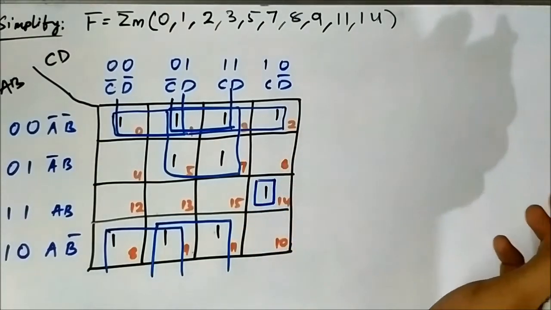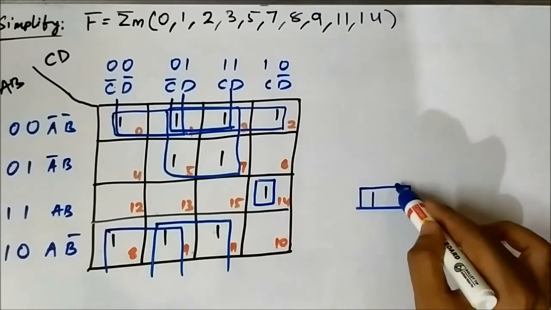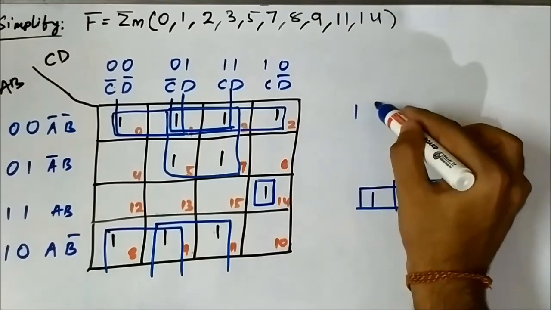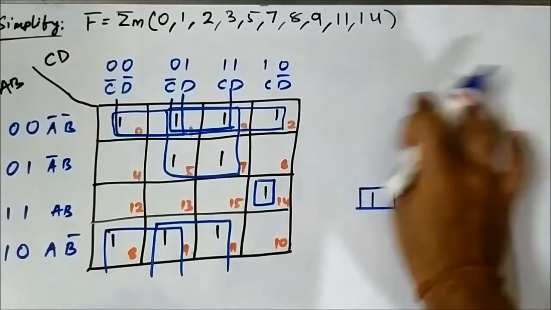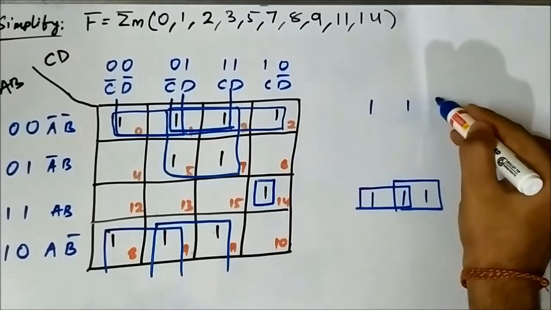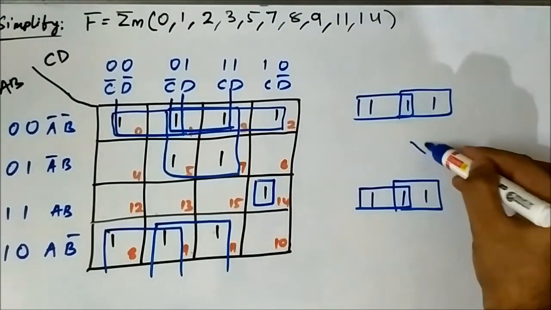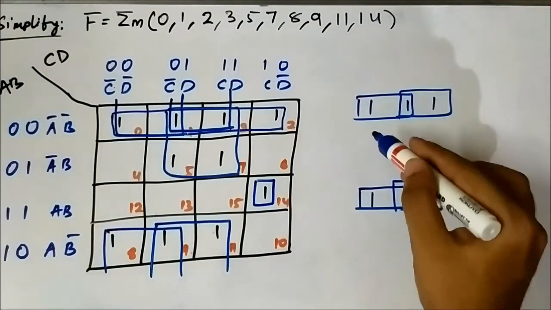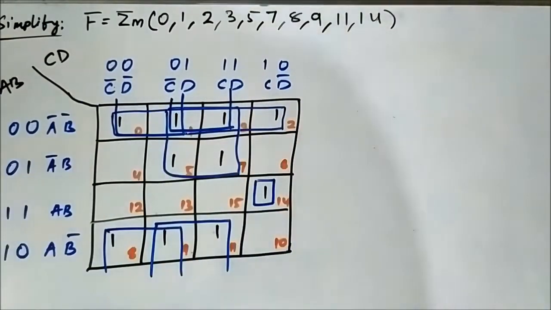Okay, so here do not make the mistake of forming pairs like this. Do not do that, because there is a possibility of formation of a quad with these 2. Similarly, here also do not make the mistake of forming 2 pairs. No, don't do that. That is wrong. These 6 cells I am talking about, we can only form quads. Okay, like this. So all the groupings are done.